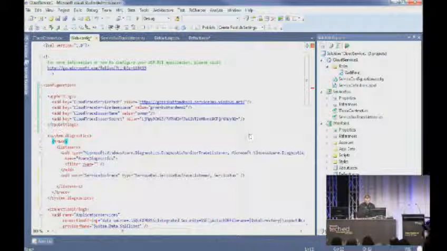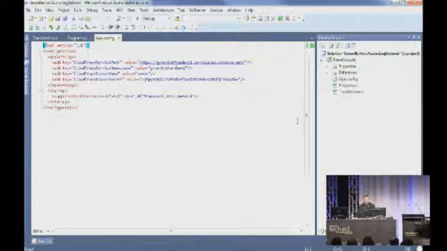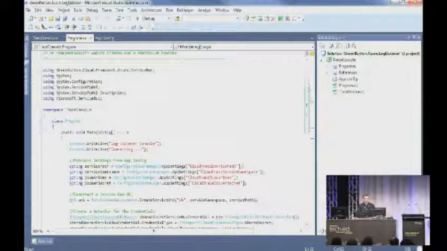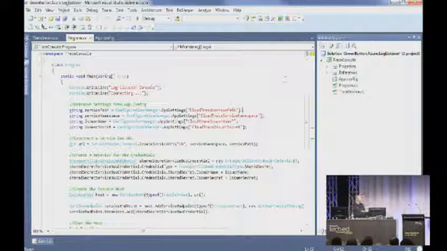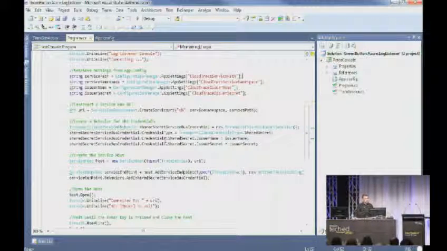Let's fire this up. And while waiting for that to start, we obviously need something on the client side to be able to receive these messages. So let's just flick over to this other project. On the client side, we've got the same configuration settings. And if we look at how the program is set up, it's just a console application. So we configure it in much the same way, except this time we create a service host to connect and receive those messages. And it's of this type, trace service,